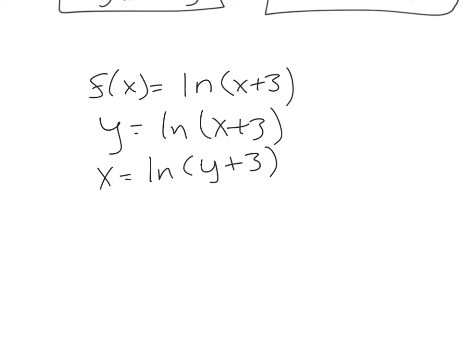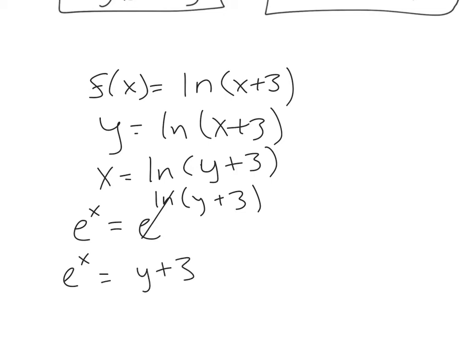Now, of course, in order to get rid of the ln, we have to remember it is with an e. So I'm going to raise everything with a base of e, and put everything to the power. So I've got e to the ln of y plus 3, so the ln and the e will simplify, and I have e to the x is equal to y plus 3. Now the y is not by itself just yet. I need to go ahead and subtract the 3 on over,